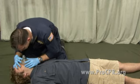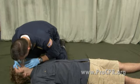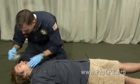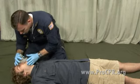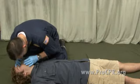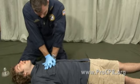And now we attempt our 2 breaths. We give a breath, no chest rise and fall. We reposition the head and give 2 more. No air goes in. It's at this time that we're going to go right to the chest, like in CPR